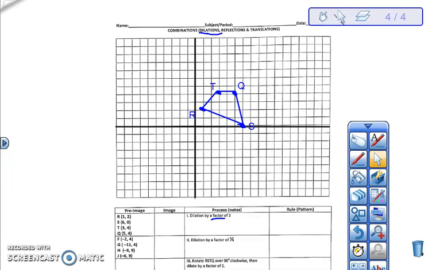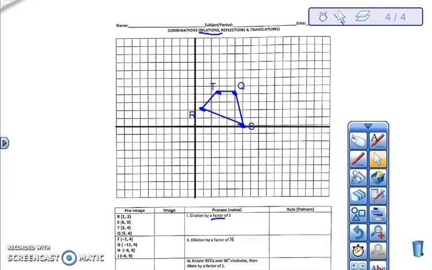We should notice that the boxes are asking us to dilate the figure by a factor of 2, and then to dilate the second figure by a factor of 1/2. That word factor should be familiar to us because we talked about scale factors when we talked about similar triangles before. When we're discussing similar triangles, we said that the scale factor is basically the number that gets multiplied by the original triangle to make the new triangle. And so this is going to be no different. So if I want to dilate